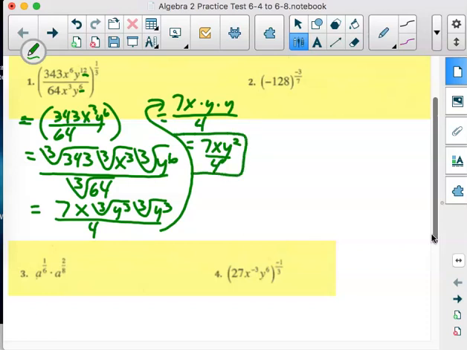for our answer. Now, if you're saying, I just remembered the shortcut. 3 divided by 3 is 1, so that's going to be x to the first. 3 goes into 6 twice, so that's going to be xy squared over 4, and I just jumped right to that. Cool! If you want to use that, do that. Use the shortcut. Alrighty, number 2